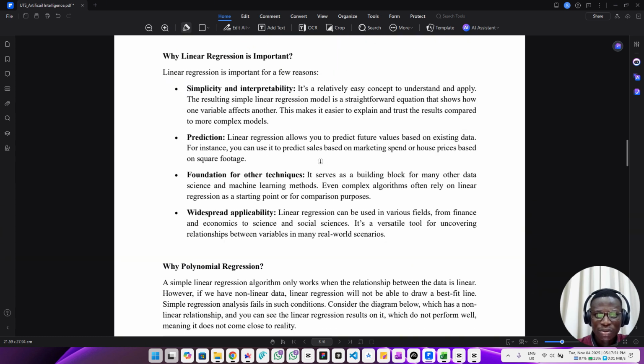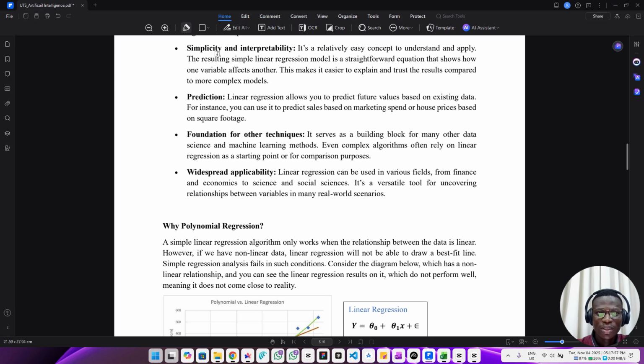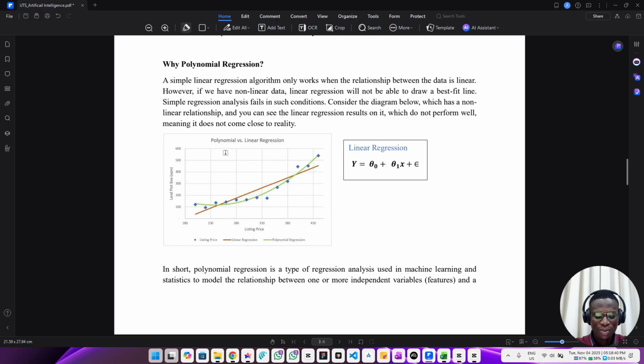Okay, so why is linear regression so important? I believe you are already familiar with this. It is simple prediction, widespread applicability, and a foundation for other techniques. Okay, so now we can move to what we are going to talk about today, which is polynomial